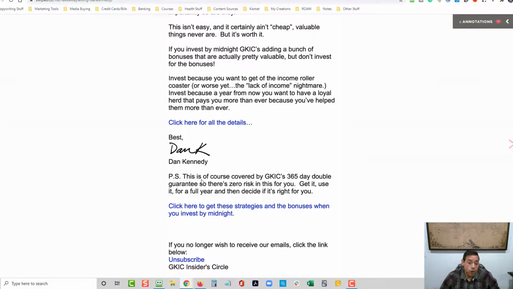P.S. This is, of course, covered by the 365-day double guarantee, so there's zero risk in this for you. Get it, use it for a full year, and then decide if it's right for you. So literally, he's making it so you just buy it and try it and see. And I don't know the details of the double guarantee, but I would assume it sounds like you would get paid back twice what you paid for it, which is incredible. And that's going to show how confident he is in his ability to pull this off,